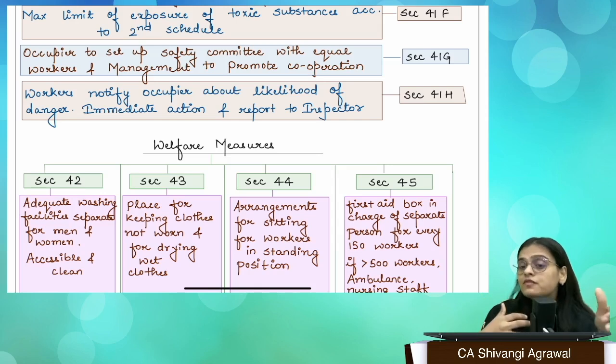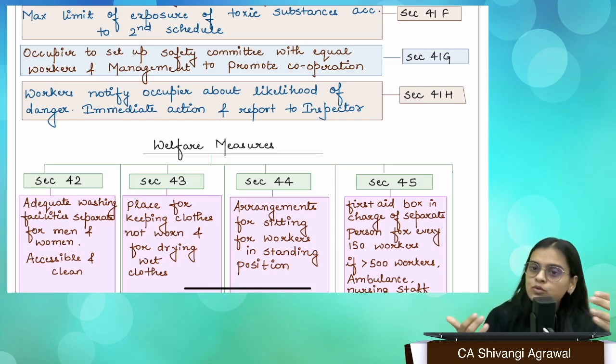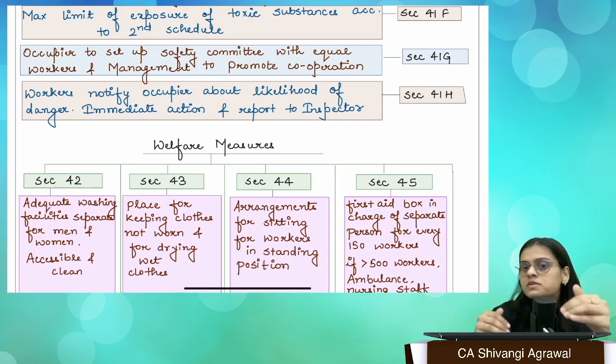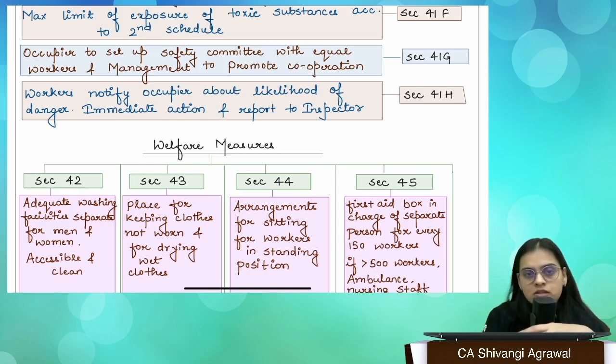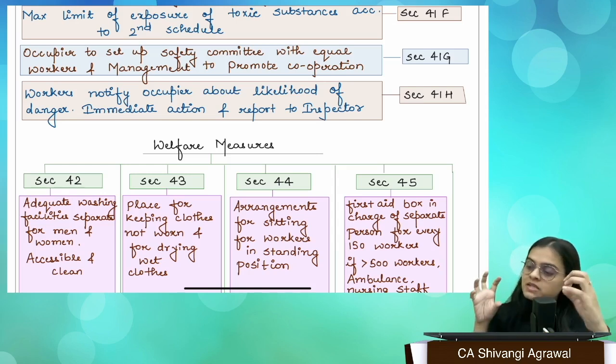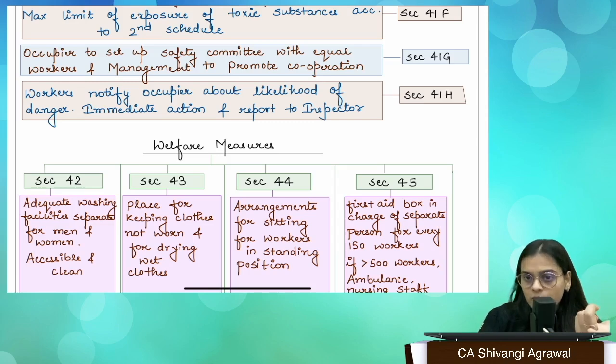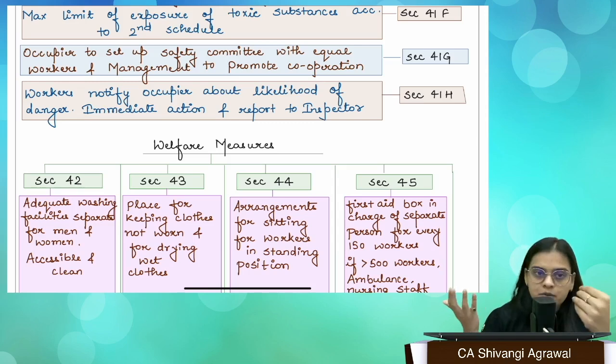And in turn, even if I'm genuinely concerned and want to do for the betterment of the workers, still I'll not be able to do unless they also participate and they let me know the ground problems that they're facing, right? So it is very important to have that worker participation in the safety management. So there should be a safety committee which is going to be formed, in which there will be management and also the workers, and they'll try to cooperate with each other and promote safety at work.